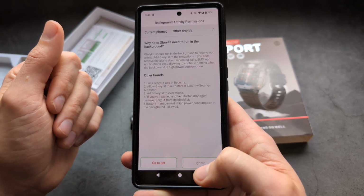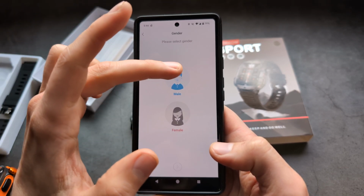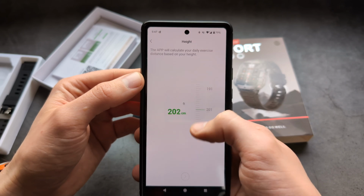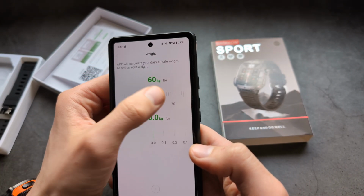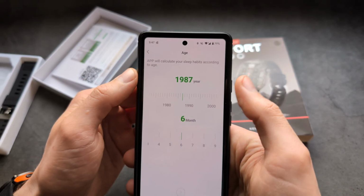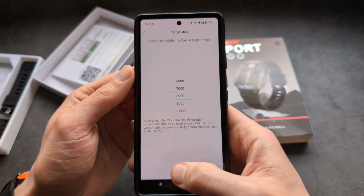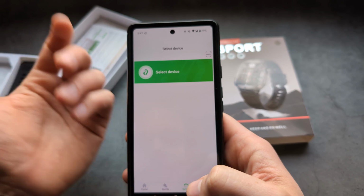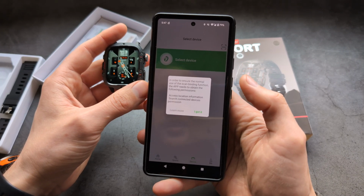So we can also go over here and then click ignore. Next, choose your gender, your height, whatever you need, your weight, your date of birth, and your step count goal, either Celsius or Fahrenheit, and then we'll need to pair it. So click select,